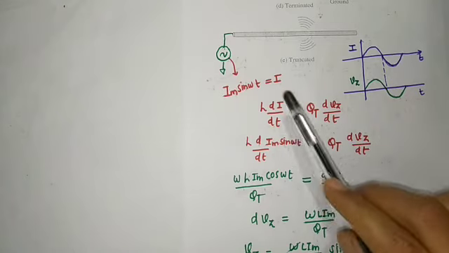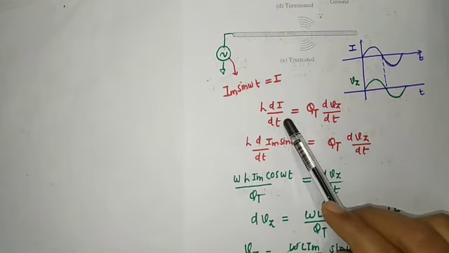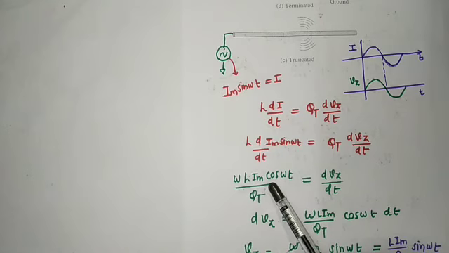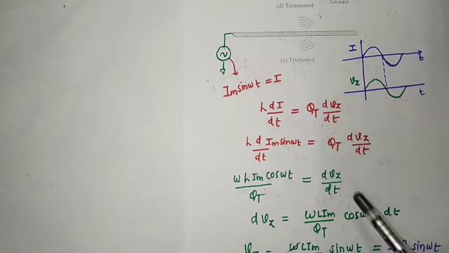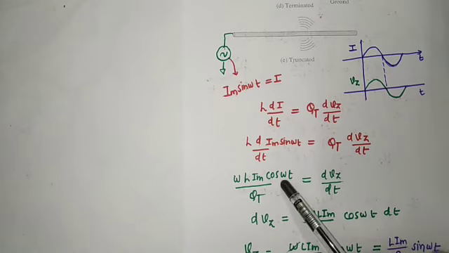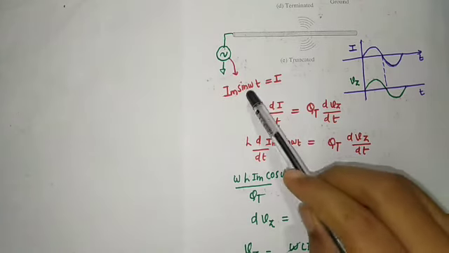Put the value of current in the equation of radiation and differentiate it, you will get this expression, and put q t here and you get dvz upon dt. dvz upon dt is nothing but acceleration, which means there is acceleration, and so there will be radiation. Okay, let's see the profile of acceleration; it is like a cos, while the current profile is like a sine.